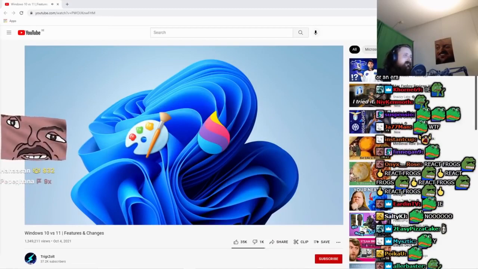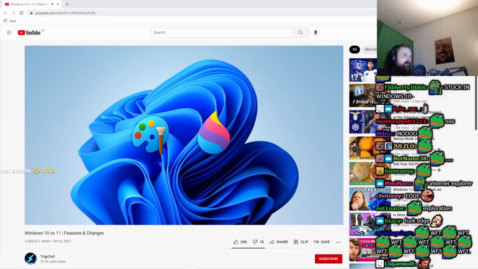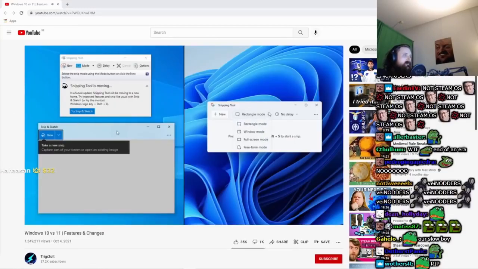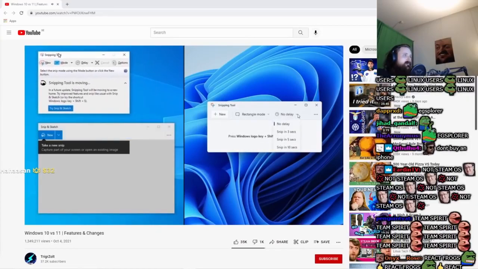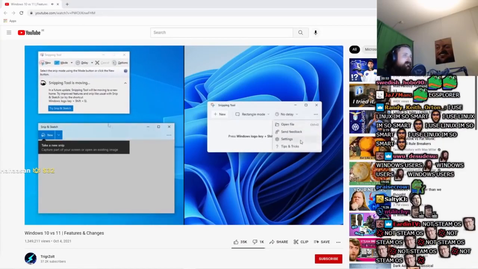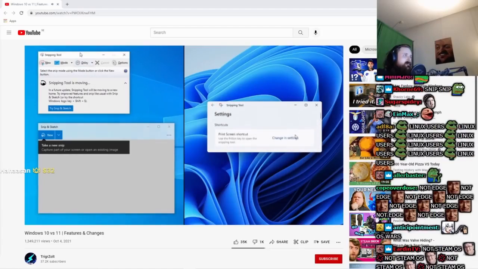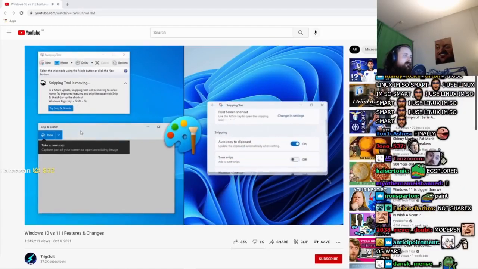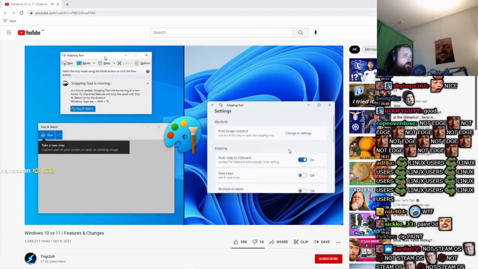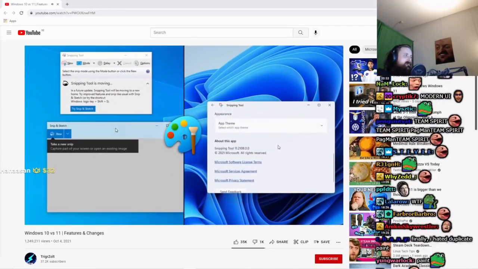So what they're basically doing is they're updating a legacy Windows accessory and removing the duplicate version. For example, Snip and Sketch has been removed and a newly updated Snipping Tool is now here with a more modern UI and various features from Snip and Sketch. This is also going to be done with Paint in the future, where Paint 3D is removed by default and the old MS Paint is going to be updated not only with a new look but with new features as